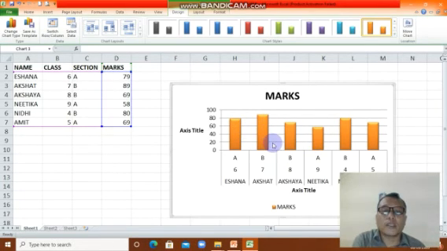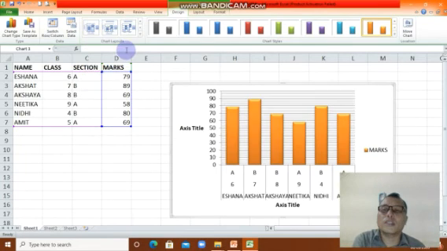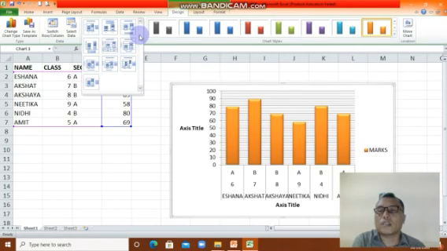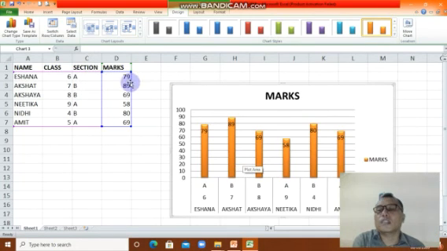You can change it, kid. So many chart styles here. For example, this one, chart layout. You can change it. Maybe you can choose, just try it. You can try all of them. Okay, that's about the design.